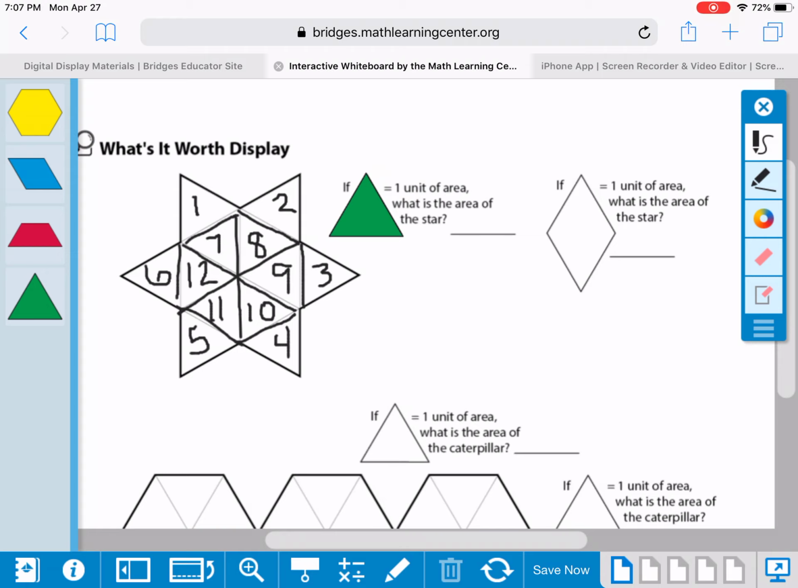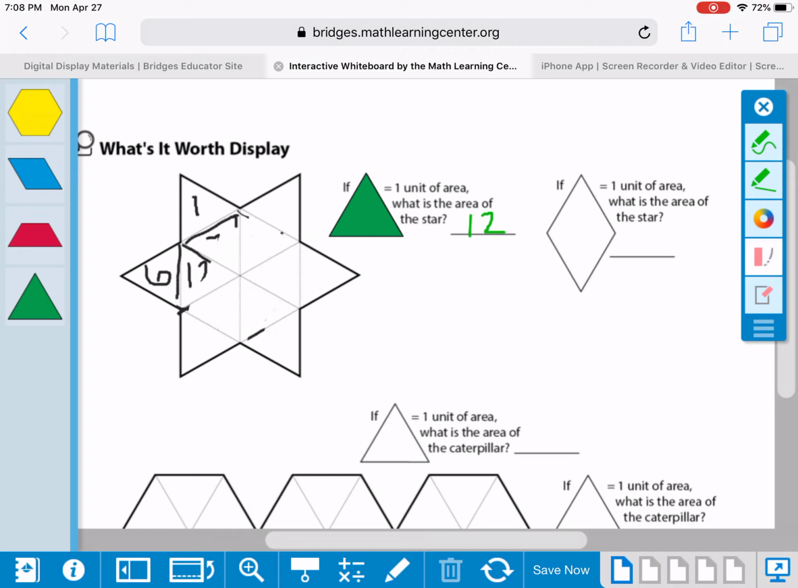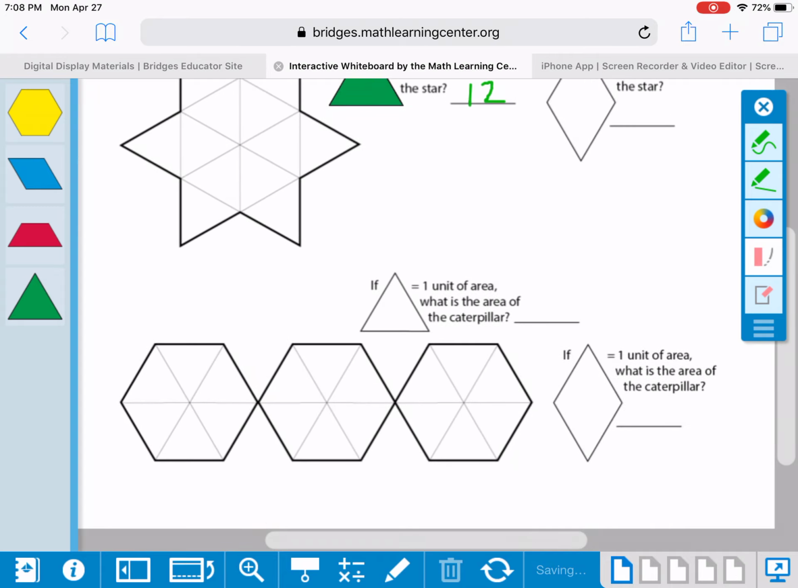I know that the star is 12 units when we're using triangles to measure. But if I'm using a rhombus to measure, the answer is going to be different. Now, instead of drawing all of my rhombuses into my star, I'm going to think about my caterpillar again. And I knew that if I had 18 triangles to make my caterpillar, well, I